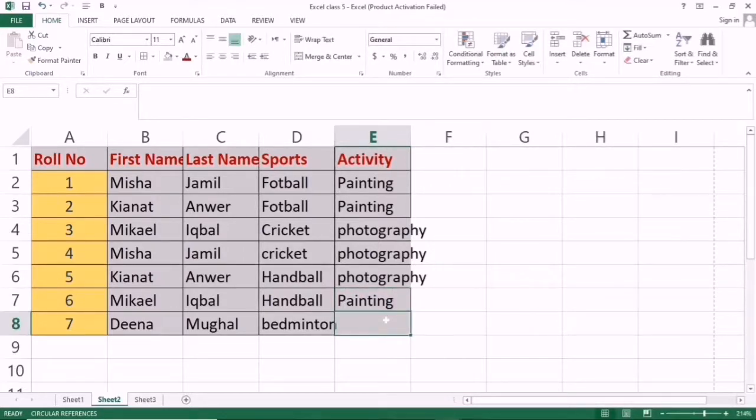Here you write, suppose, music. Now you can see some of your text is larger than these cells.